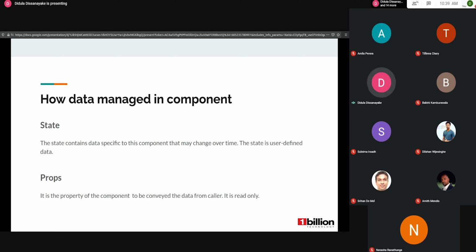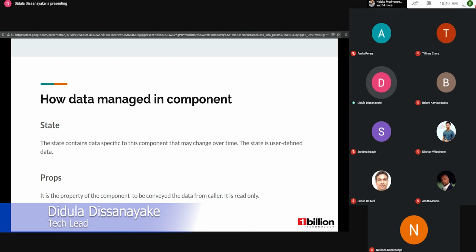But if we update the property within the child component, it is not reflected in the parent component. To handle that situation, we have to use an event to transfer the data back to the parent component, or any other mechanism. Sometimes we have to use a third-party mechanism to store some data.